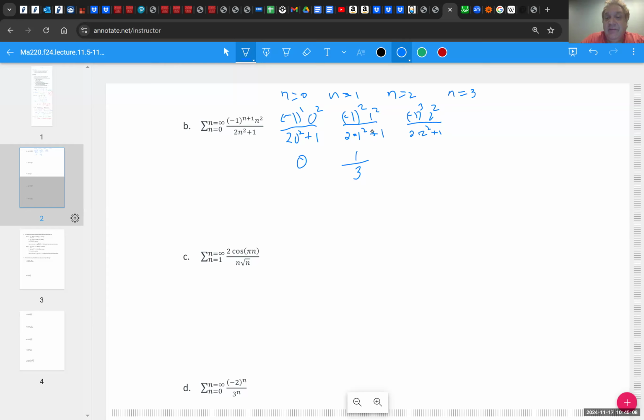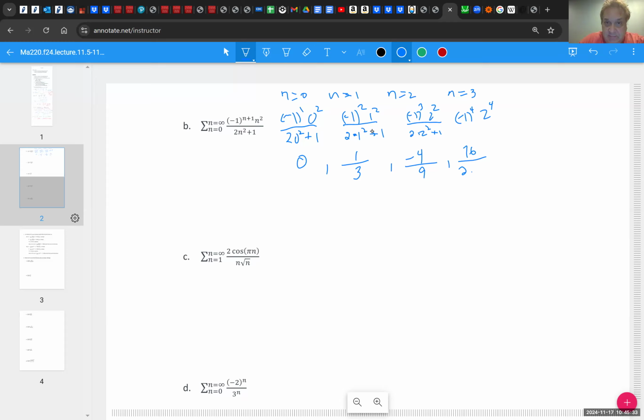-1 cubed is negative. 2 times 2 is 4, so we get -4 on the top. On the bottom, we get 2 times 2 squared, which is 8, plus 1 is 9. So -4/9 is the next term. And the last one, it's going to be -1 to the 4th, so it's going to be a positive number. We're going to have 2 to the 4th, so 16 is going to be on the top. And the bottom, we're going to have 2 times,